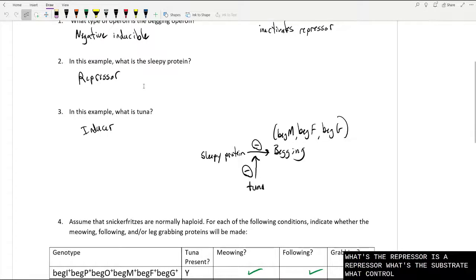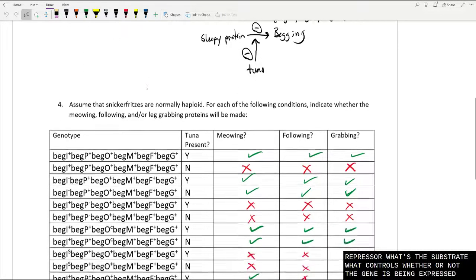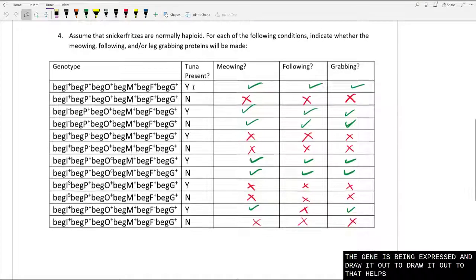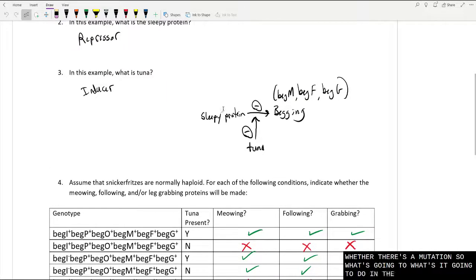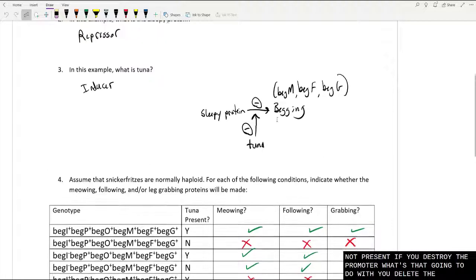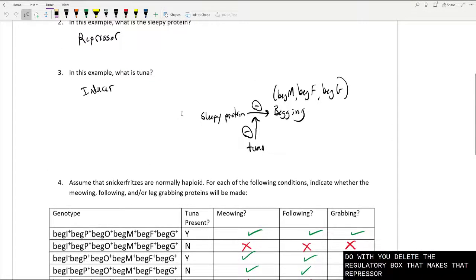What controls whether or not the gene is being expressed? And draw it out too. That helps. And then think of whether there's a mutation. So what's it going to do in the wild type state if that substrate is present or not present? If you destroy the promoter, what's that going to do? If you delete the regulatory box that makes that repressor or